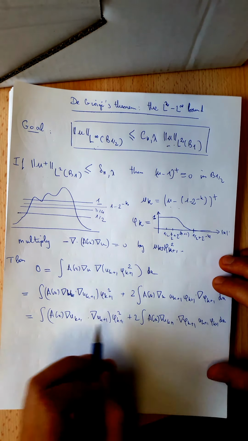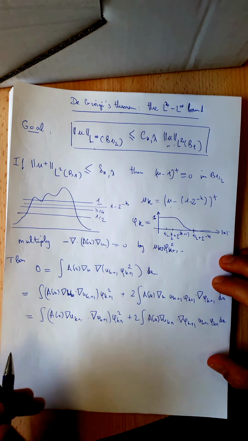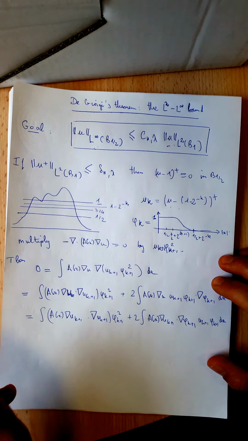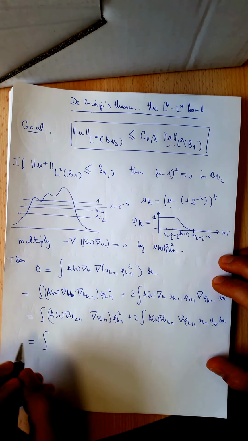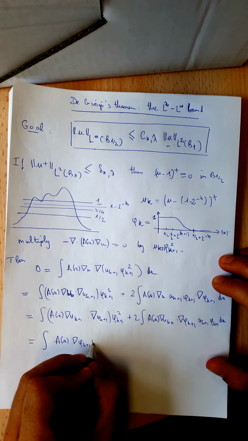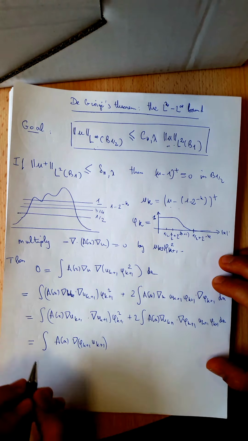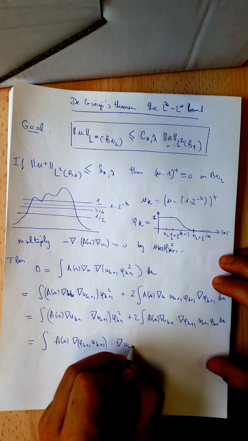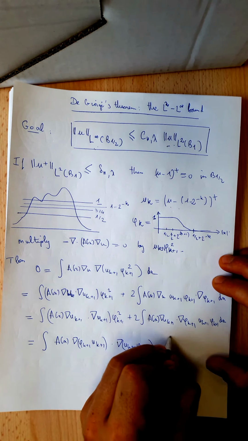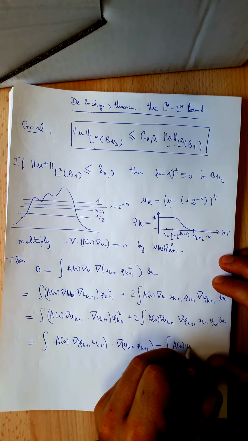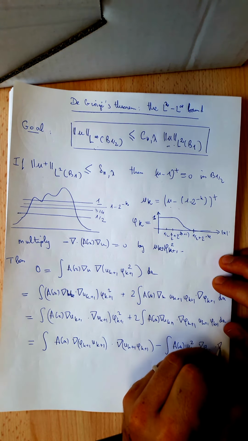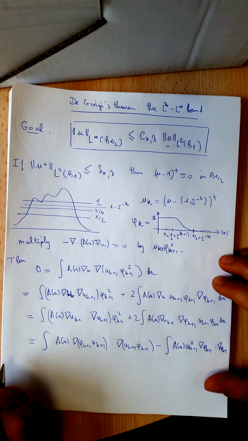So these two expressions here, since the matrix A is symmetric and we have a quadratic form at hand, look very much like the beginning of a square. And it is, in fact. It is going to be simply the integral of A of x times the gradient of phi k plus 1 times u k plus 1, dot product with the same. But if we do this, we forgot a term, which is simply the integral of A of x u k plus 1 squared, gradient phi k plus 1, dot product with gradient phi k plus 1.